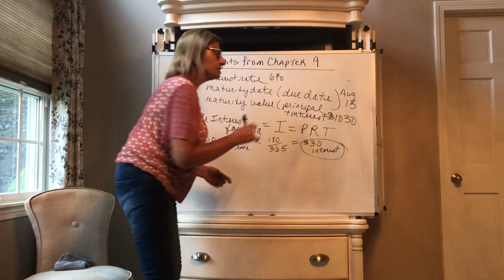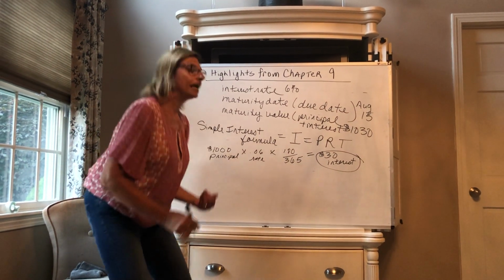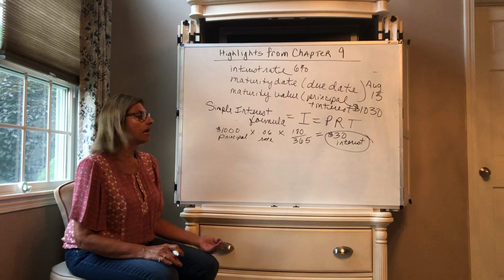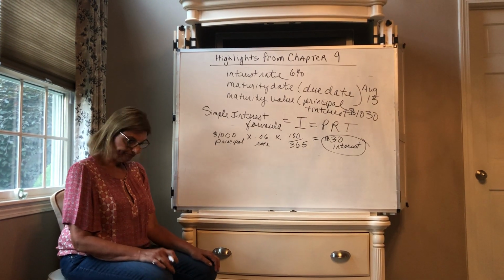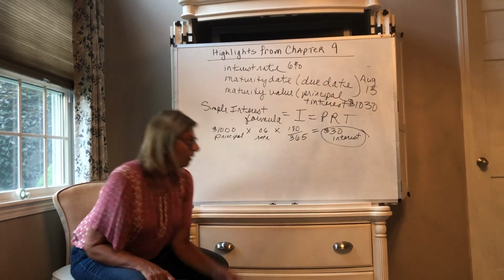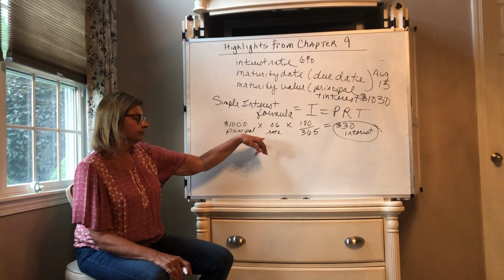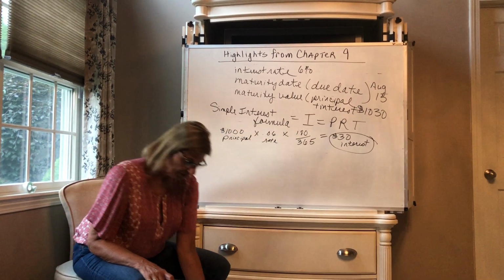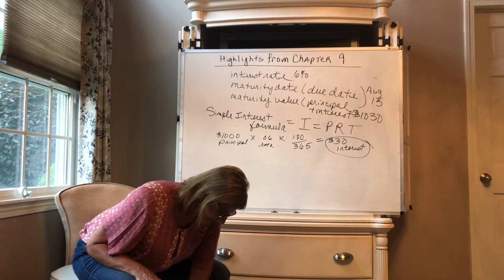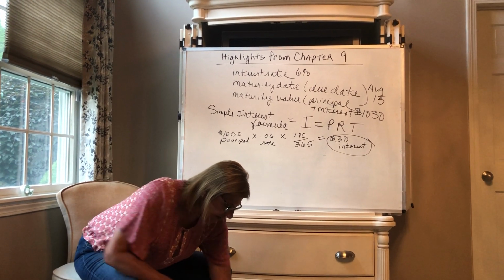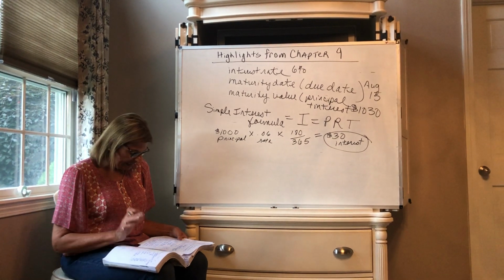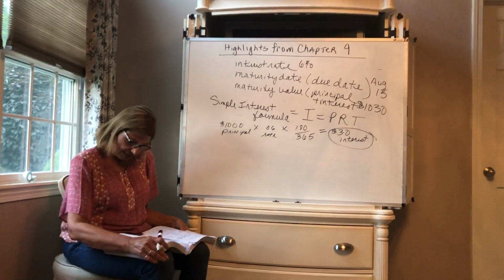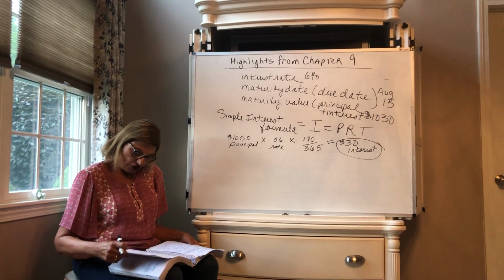So on August 15th, the company's going to get back $130: $100 principal and $30 interest. Again, I made up the rate because they didn't give a rate for this one. But just to show you one that is in the book, down at the bottom of 501, that same page, they show you